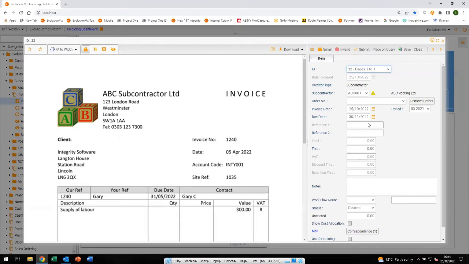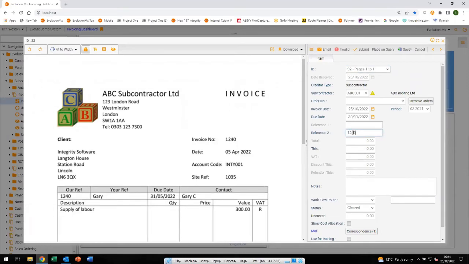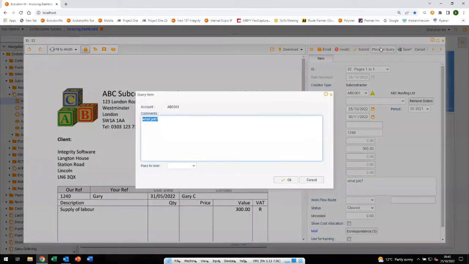Now, at this point, I may be unclear about the order that I need to place this invoice against. So I could record the details that I can see on screen, but maybe I need to make a note there just to say what job or what order. Okay, now it may be that I can find that out, so I may just save it and come back to it later when I've found out the remaining information, or I can take the opportunity to use the query function, which is part of the invoice register, just to place it on query to say, well, for the moment, I can't actually fulfill the entry of that particular invoice,